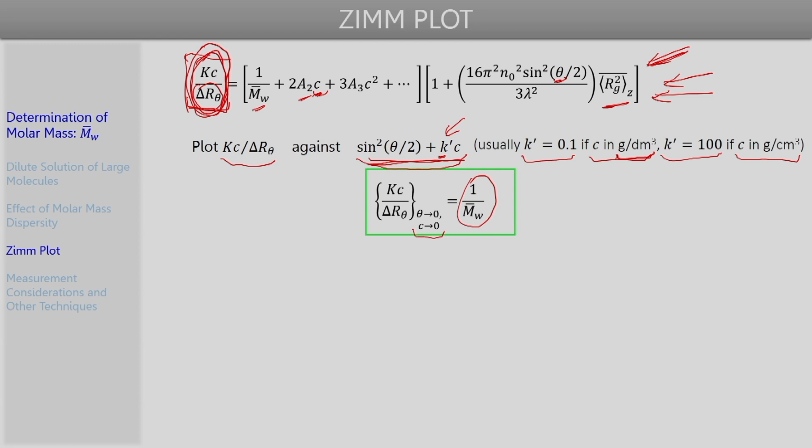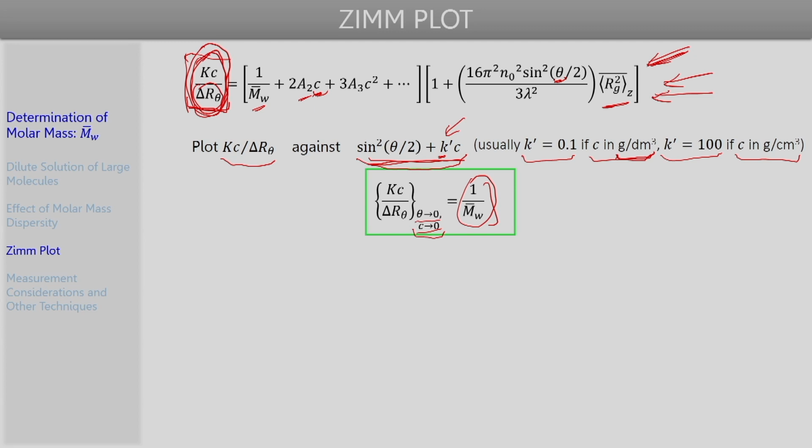Basically, we will see that from the Zimm plot, after appropriate extrapolations, two curves or lines will be obtained, which when extended all the way to x equal to 0, the point where they intersect with the y axis, meet at a common point. That common intercept gives 1 over MW bar, and that point corresponds to the condition where theta and c both are 0. So the weight average molar mass can be obtained in this fashion, and graphically how that is obtained we will discuss very soon.